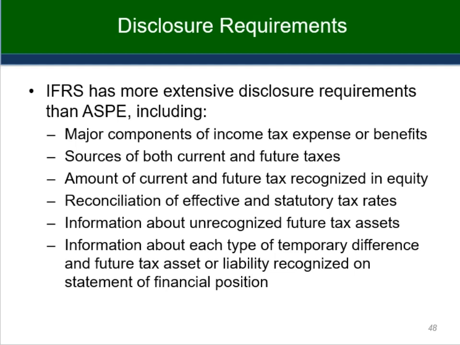IFRS has extensive disclosure requirements as listed here. So they have to disclose more information than ASPE. The major components of any income tax expense or benefits would have to be described. The sources of current and future taxes, the amount of current and future taxes recognized in equity, so the ones which have been recognized in retained earnings, for example. Reconciliation of effective and statutory tax rates